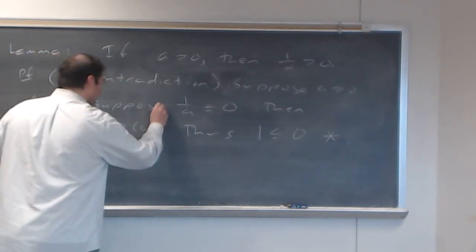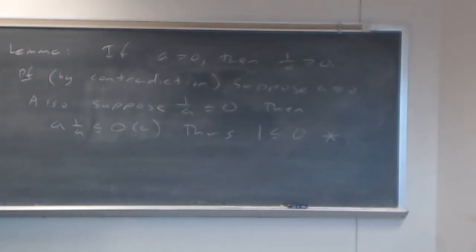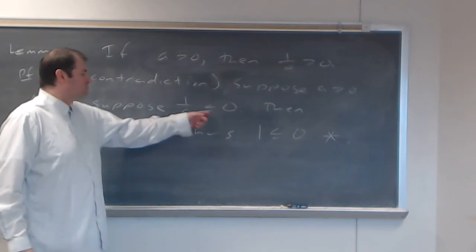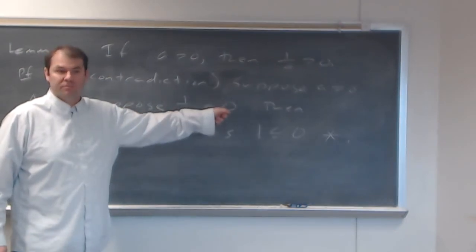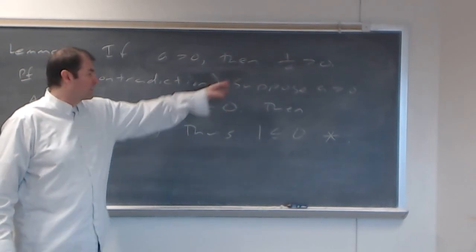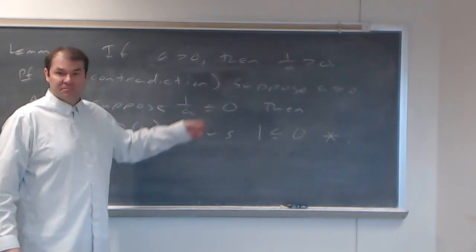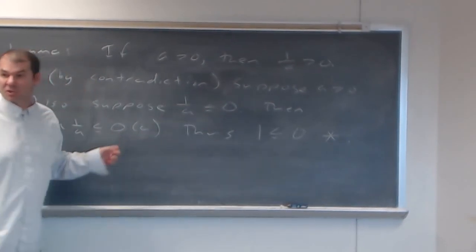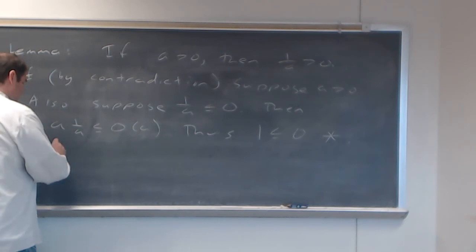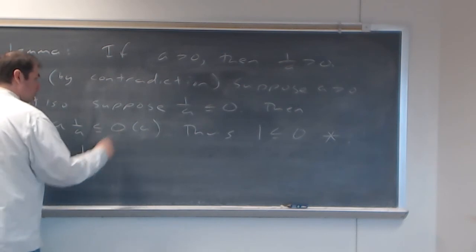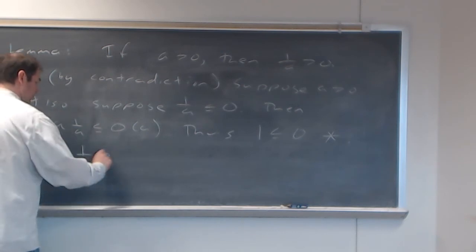The word suppose. The steps that I'm skipping is breaking this into two cases. 1/A is less than 0, or 1/A equals 0. And in both cases, when you multiply it by A, you're going to get this statement result. That's a contradiction. So we must have assumed something wrong. What we assumed was that 1/A was less than or equal to 0, so 1/A has to be greater than